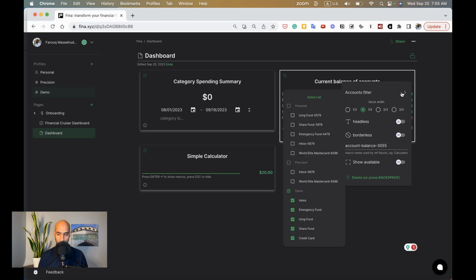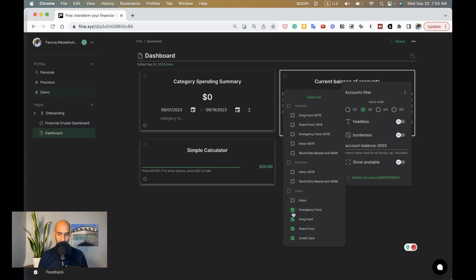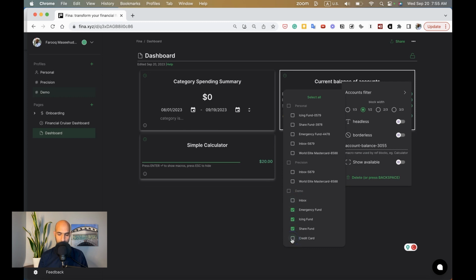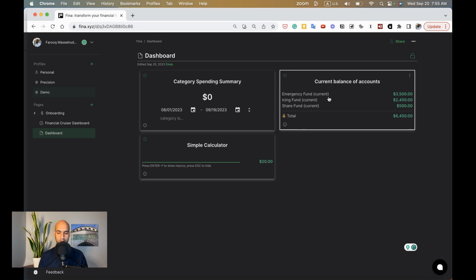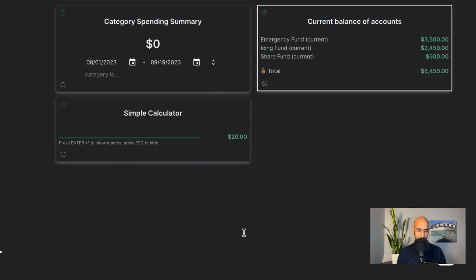So that's actually what we're going to do first. Here in the current balance of accounts, we're going to go over here, and we're only going to show our funds here. So we're going to get rid of the inbox, we're going to get rid of the credit card, and the only things we're going to see are our emergency fund, our icing fund, and our share fund. There we go. And then I'm going to copy and paste